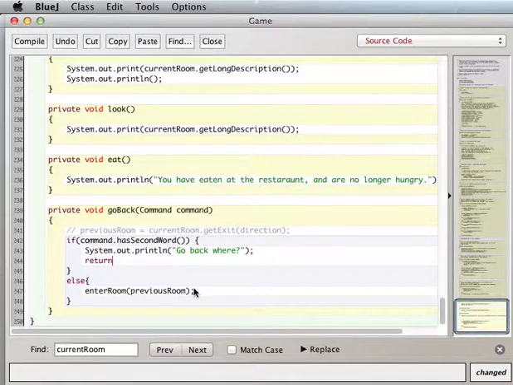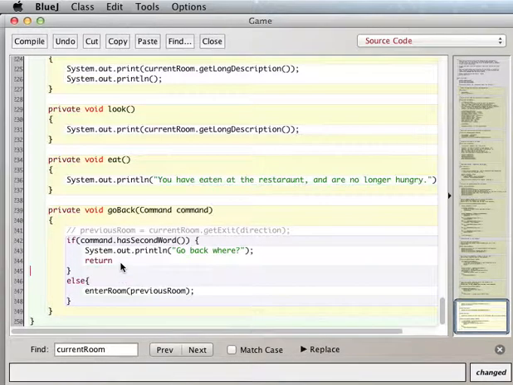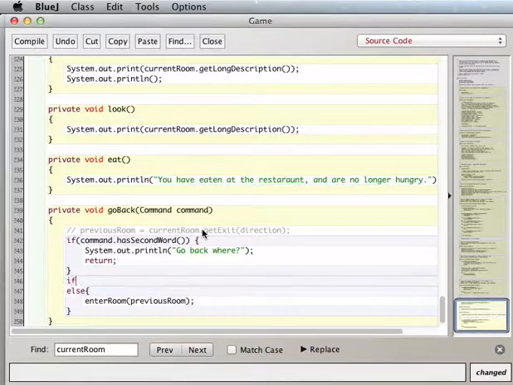Oh well, it doesn't really matter if we return at that point or not, does it? I'm going to leave that. Okay, so let's say if that. Oh no, yeah. Let's stick it in. Let's say if the command has a second word, then something's wrong. Well, let's print the question and return right away. But now if